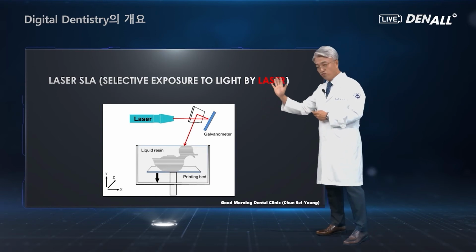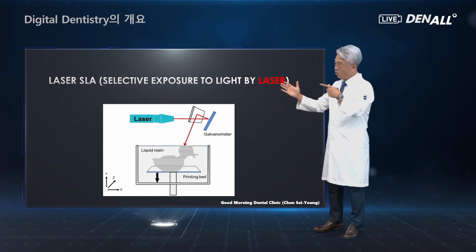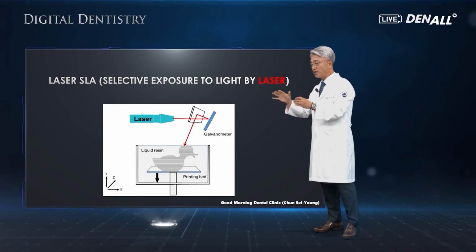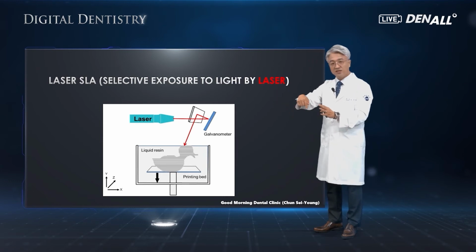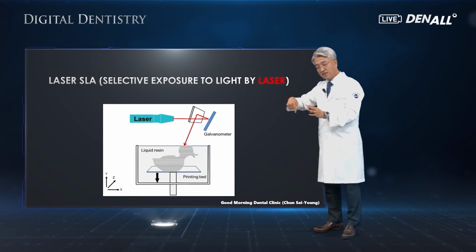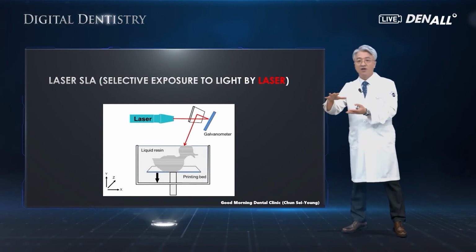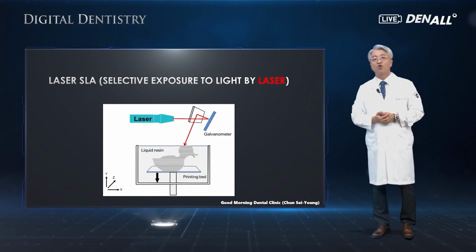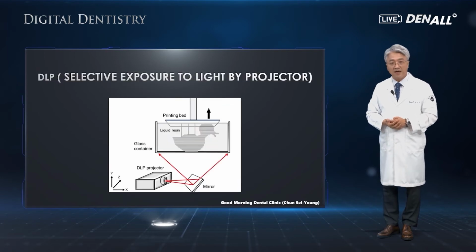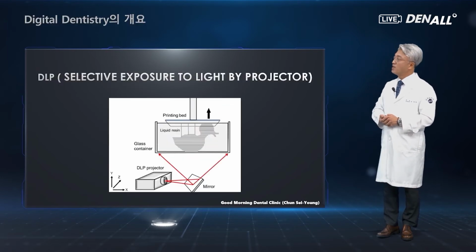Galvanometer is a moving reflector. Laser is reflected from there. Laser is emitted to cure the resin to make the printing output. Second,